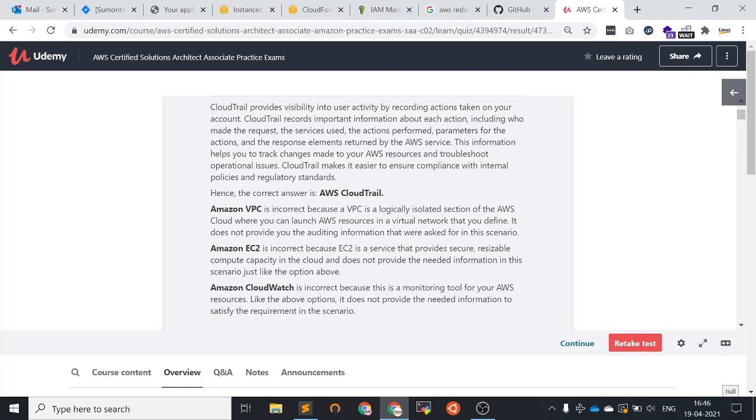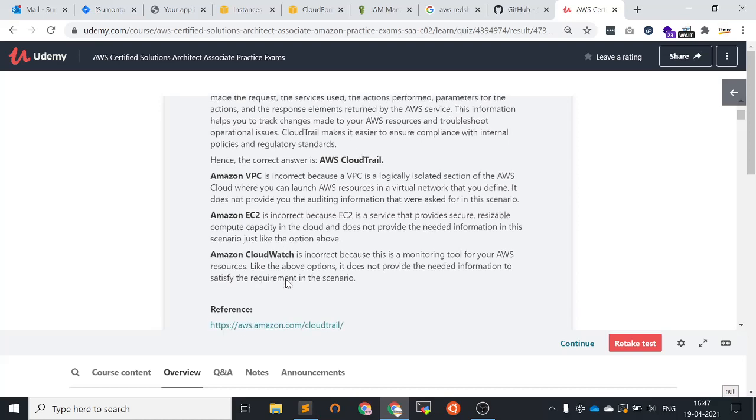CloudTrail records important information about each action, including who made the request, the services used, the action performed, parameters for the action, and the response element returned by the AWS service. This information helps you track changes made to your AWS resources and troubleshoot operational issues. Apart from that, the other three options are wrong.